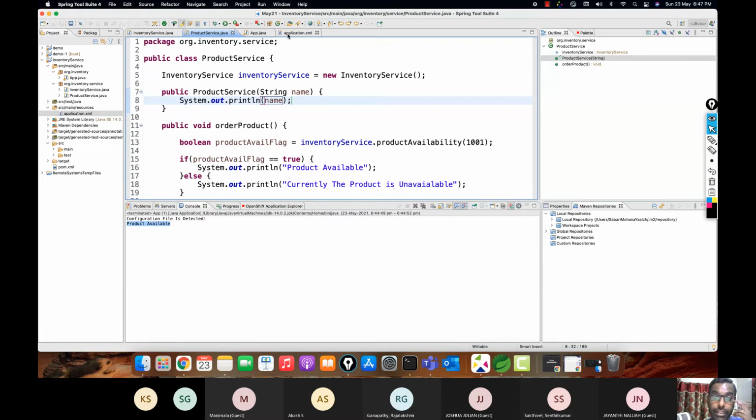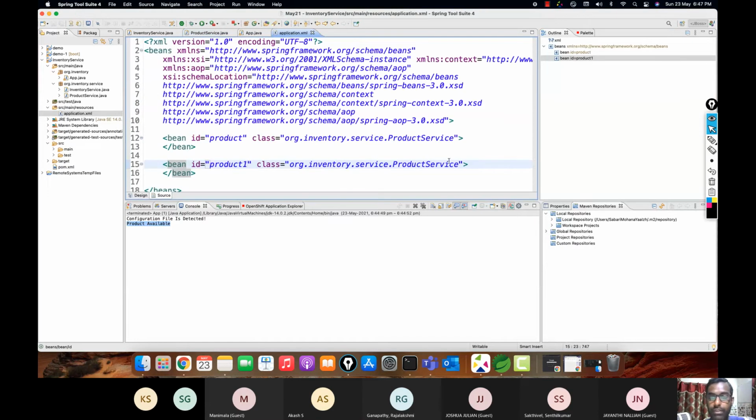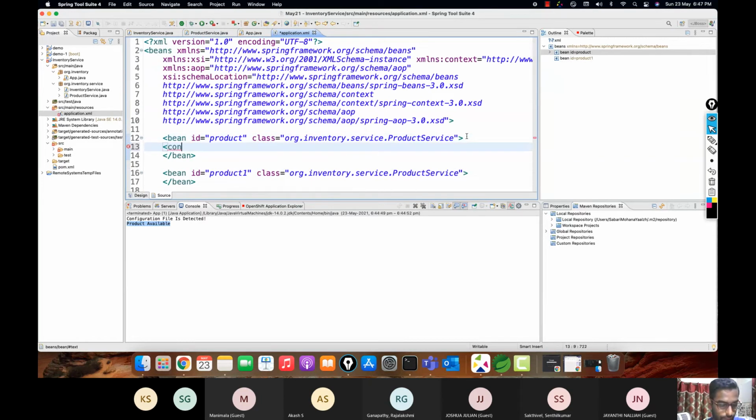Now for this argumented constructor in the application, you are supposed to go further down and say constructor-args. Okay, so constructor-args, and then you have to provide a value for the argument that you're going to pass. So let's say product one, and